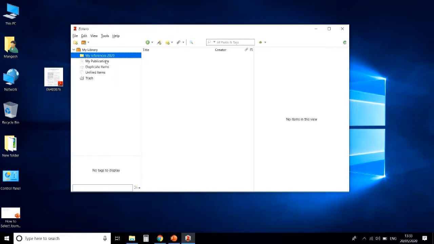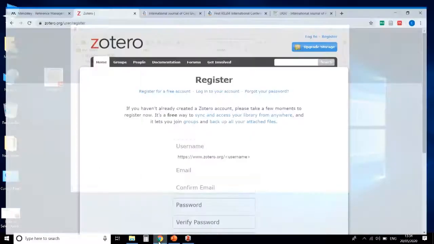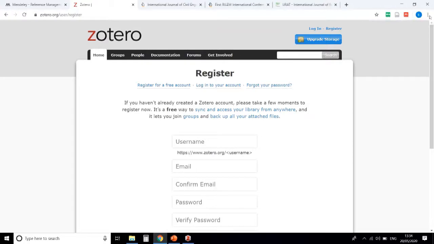Before that, you will need to install the add-on of Zotero in your browser. I already added the Zotero extension to my Chrome web browser. You can see the Zotero icon on the top right of the screen.